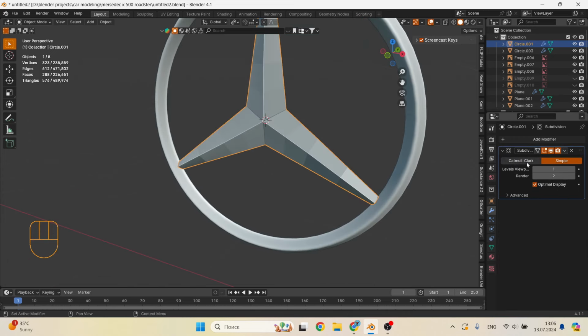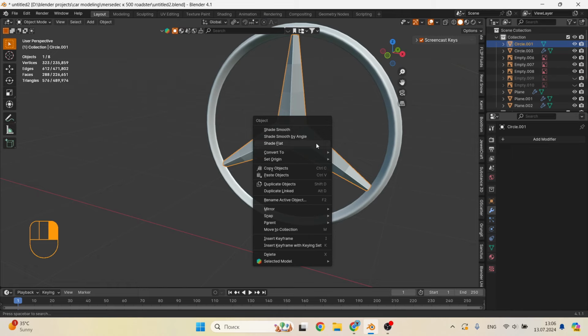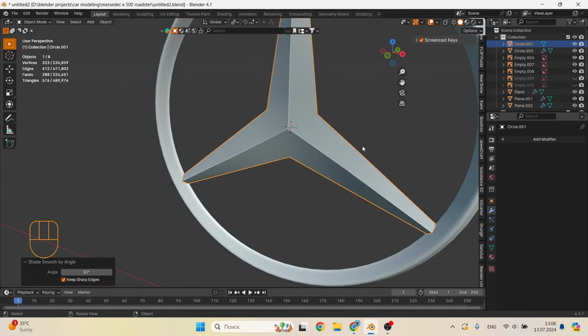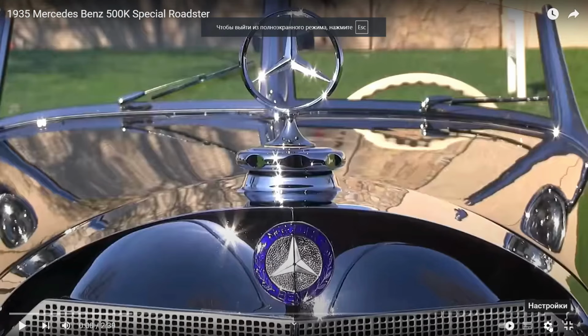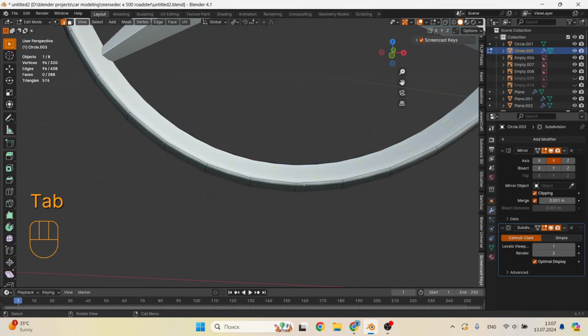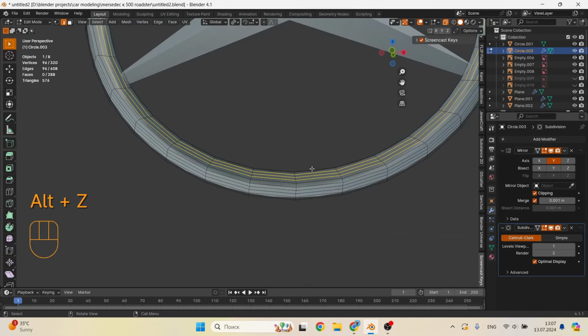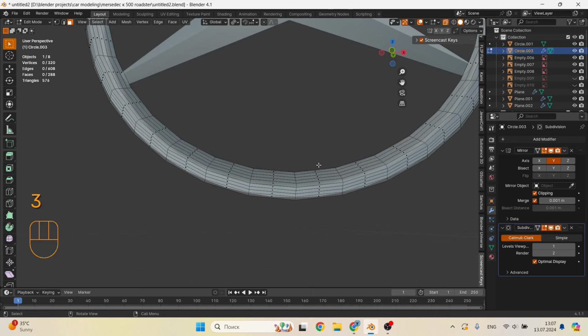so that everything goes correctly. For references, I used not only an image, but also a video from YouTube. Since you can see small details on it, I will attach a link to it to you in the description. Okay, let's move on to creating a leg on which the Mercedes logo stands. That's why I apply modifiers, so I have more faces to work with.